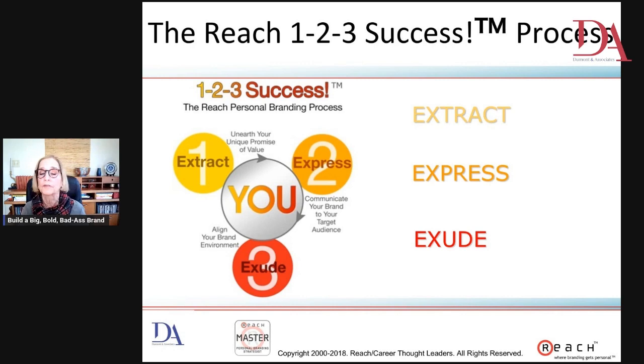The second part is express, and that's where you're communicating your brand. So that's all about that content marketing. That's about our profile. What are you going to put up there for people to see about your brand? Because you want them, when they land on your profile, to immediately say to themselves, my gosh, I'm in the right place. Or, this one isn't for me. Either one is okay, because powerful brands have a really unique characteristic about them. And that is that they repel as strongly as they attract.